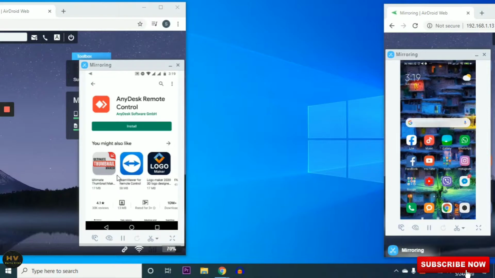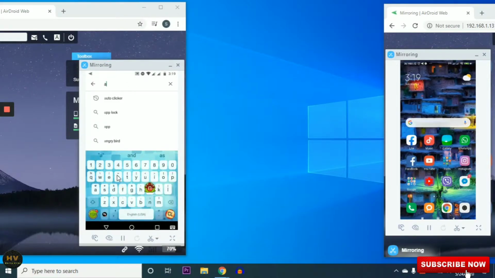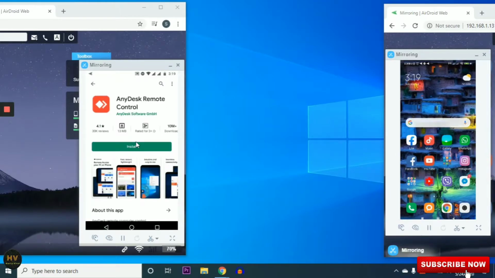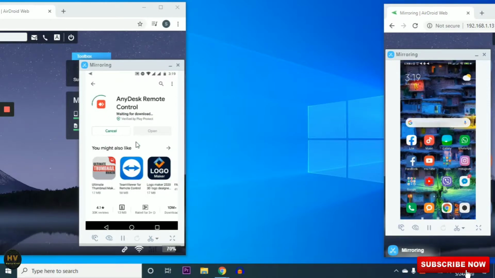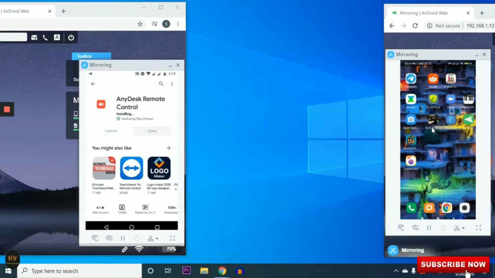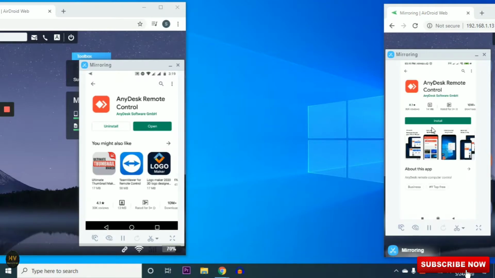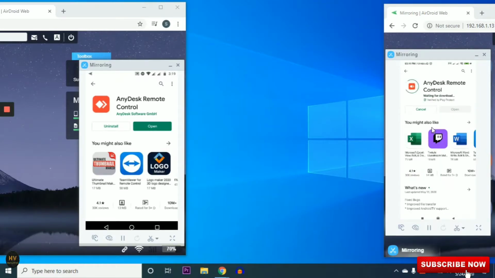and that application is AnyDesk remote control. So I am going to install it, and the same process will be downloading and installing in this mobile. So in this mobile also I am going to install AnyDesk remote control, and you can see here it is downloaded and this one is already installed. I will open this one